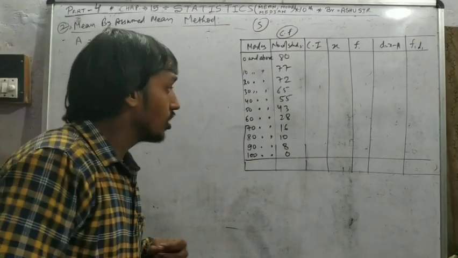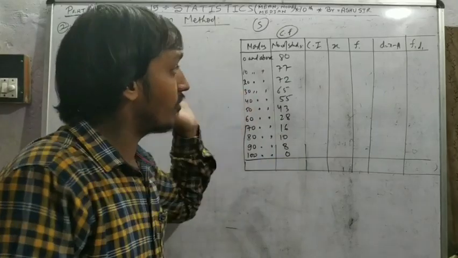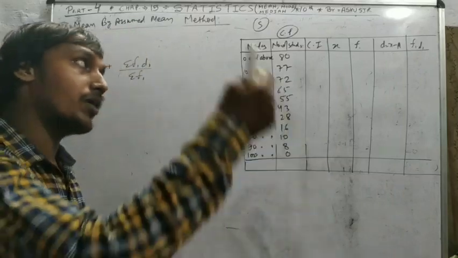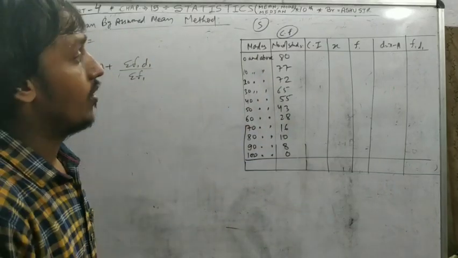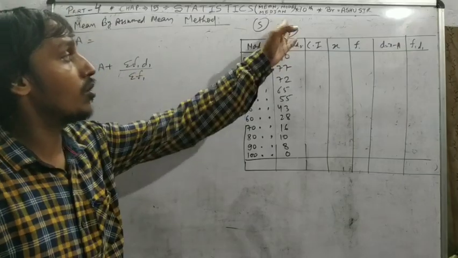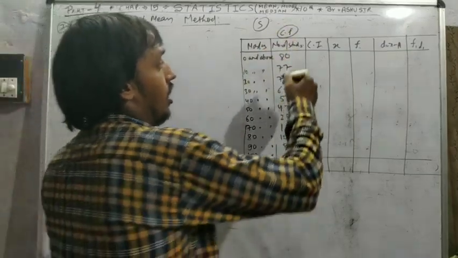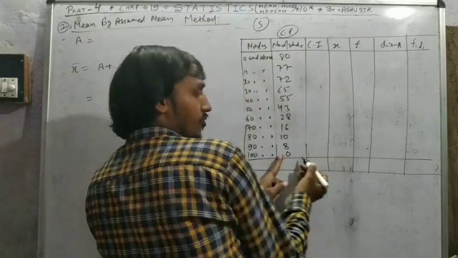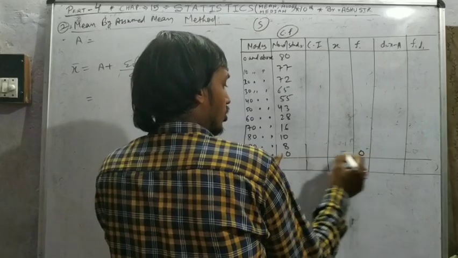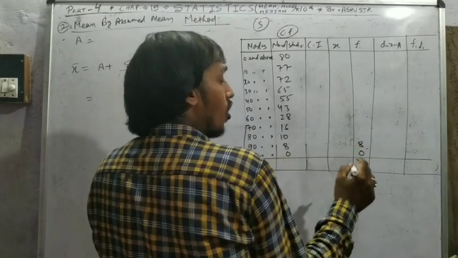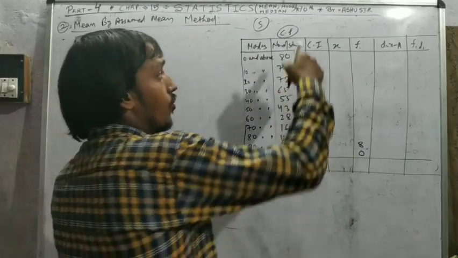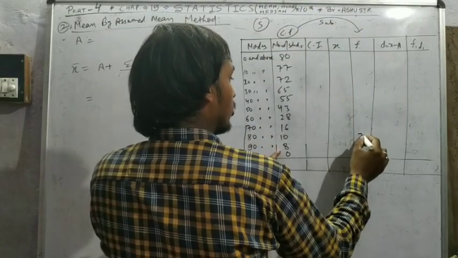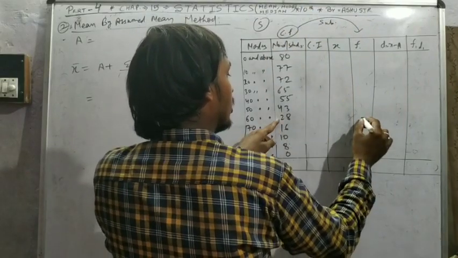Don't be shocked, only these two things are given. We want to find all because we want FD. FD depends upon X, and X depends upon CI, the class interval. We want F, and F depends upon cumulative frequency. If this is in descending order, then start from the bottom, from the smaller value: 8 minus 0, because from F to CF we add, from CF to F we subtract. 10 minus 8, 2. 16 minus 10, 6.